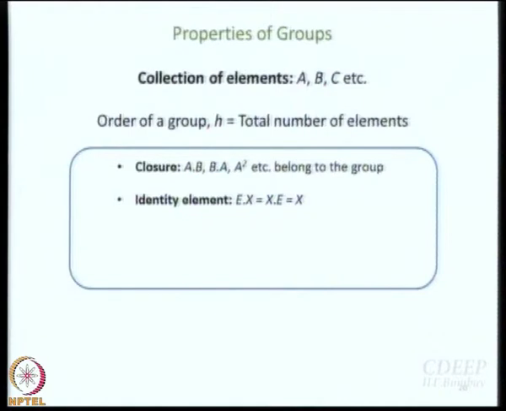What is the meaning of commutes? I think you understand the meaning of commutes, right? You can interchange. So Ex equal to xE equal to x. So this is the presence of identity. The identity is like 1 for multiplication, and multiplication is what is relevant here. If you are talking about addition, it has to be 0. But here what is relevant is multiplication. Now go back to C3v. Does C3v have an identity element? Yeah. What is that? E or C1, whatever you want to put it. Doing nothing. That is the identity element.